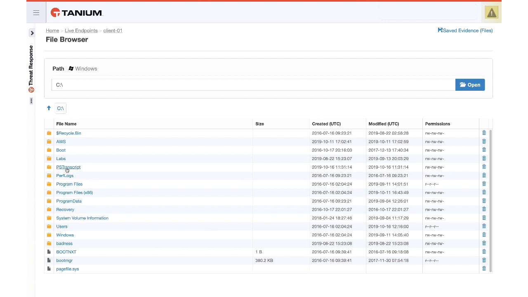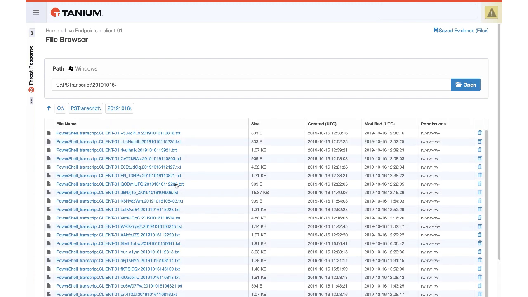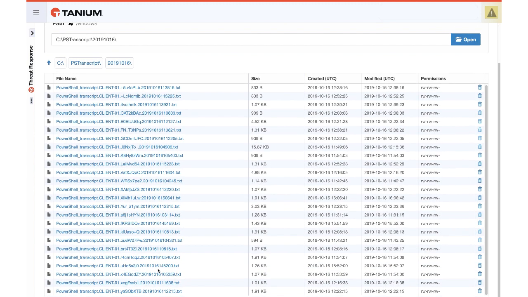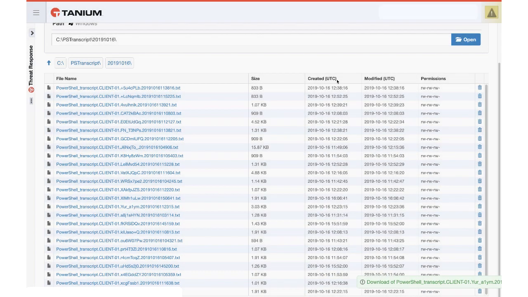But the nice thing about this is, let's say you've got a slow link and you don't want to pull back gigs of log files. Now I can selectively hand pick files that I want to transfer off that endpoint. So then we remember the file name that we found earlier. If we scroll to it here, there it is right there. So we can download that file. Are you sure? So I can pull just that one file off the endpoint,